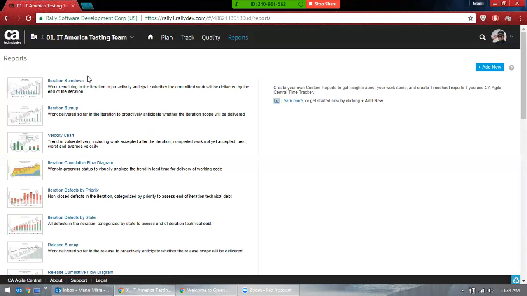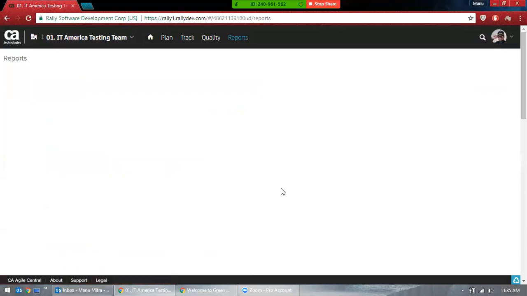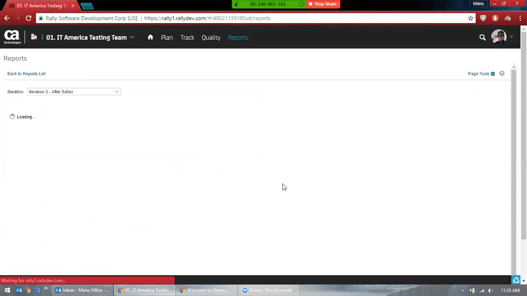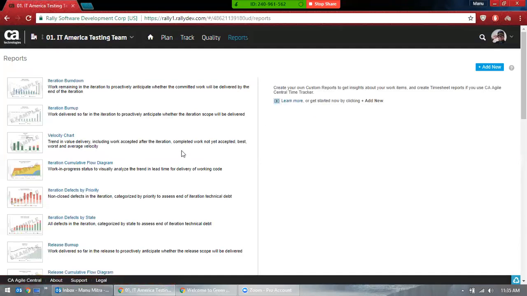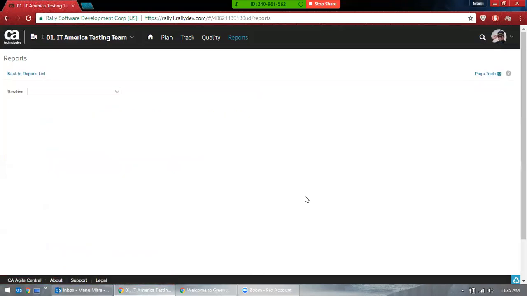So here is the thing. There are a lot of reports if you see here: iteration burn down, iteration burn up, a lot of things. Let's say your boss told you to submit the report of the defects by end of the day. Or they might not even say by end of today, they might say I want this right now. Now that's a bigger problem. I don't care how you're doing it, I want this right now. So what you want to do is, if you see here,